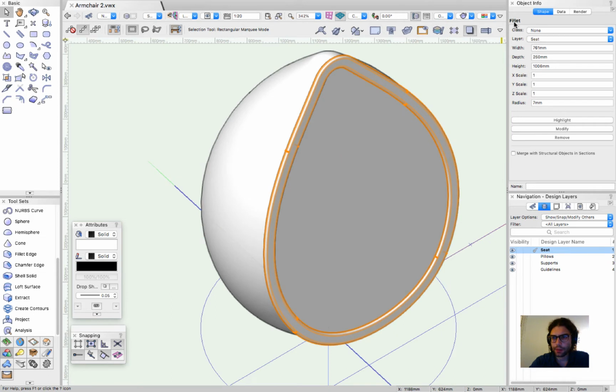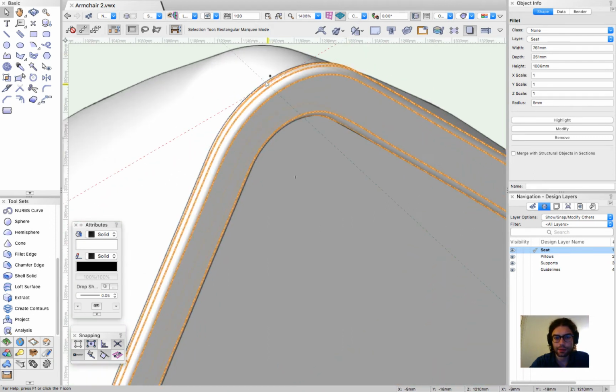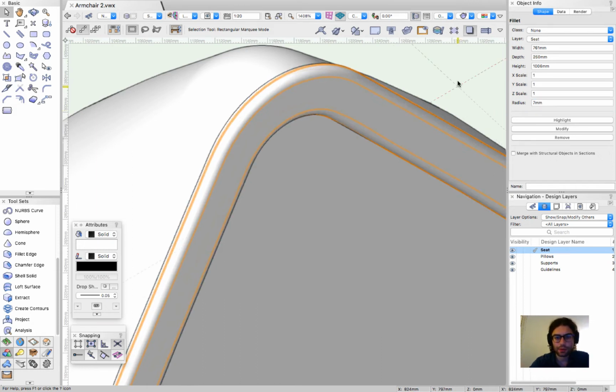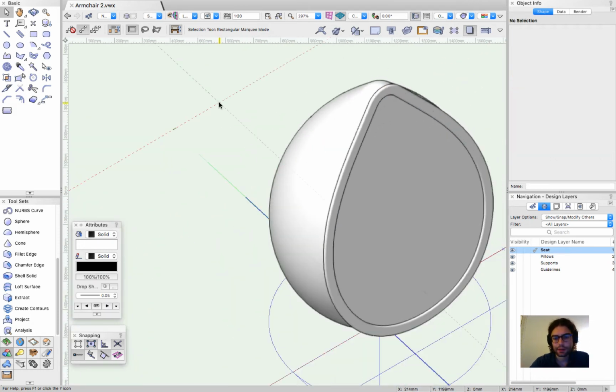What's good about the fillet type of object? It could be modified later. For example, I don't like this one, I want 5 instead of 7 or 10, but 10 won't work because it's more than half of the width. I'm going to restore 7. Alright,